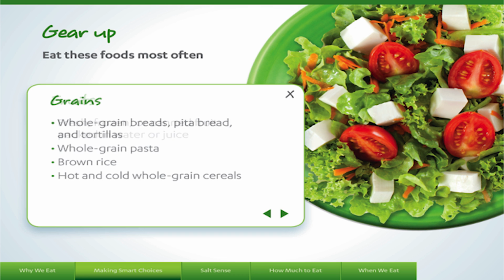With grains, here I'm getting some more fiber with a whole grain bread, whole grain pita bread, whole grain pasta, brown rice, whole grain cereal. In our supermarket shopping class, we'll go through different aisles in the grocery store and help you pick healthy breads. We'll talk about what to look for on the label. So know that in upcoming sessions, you'll get much more detailed information on what to look for when you're buying